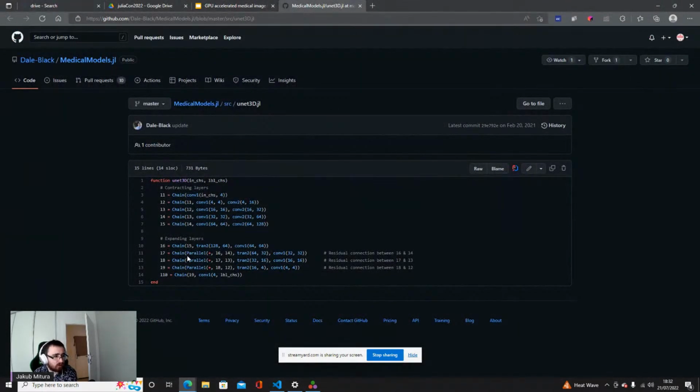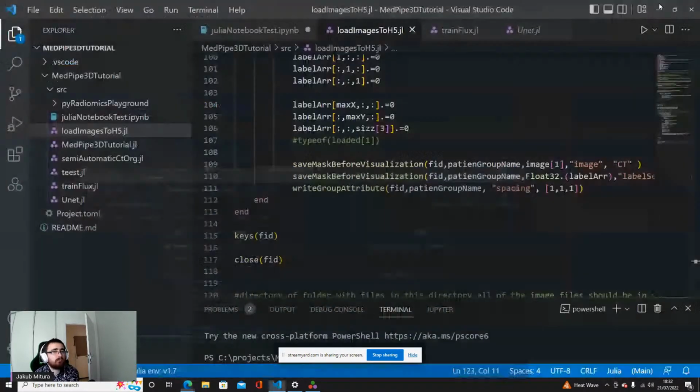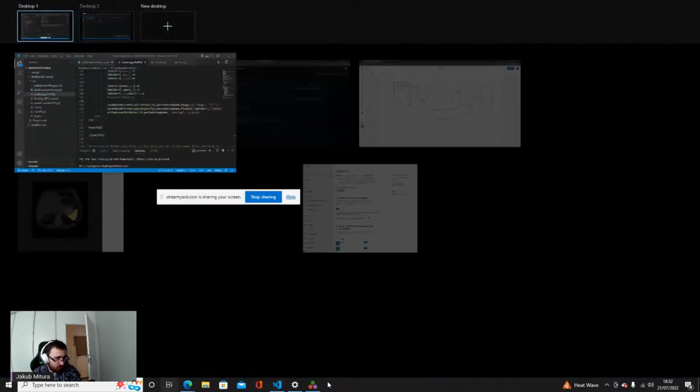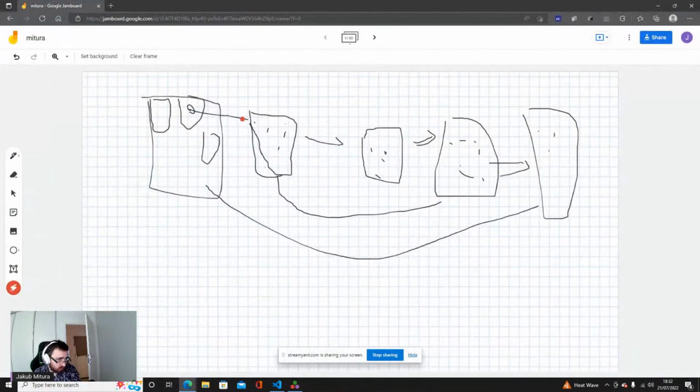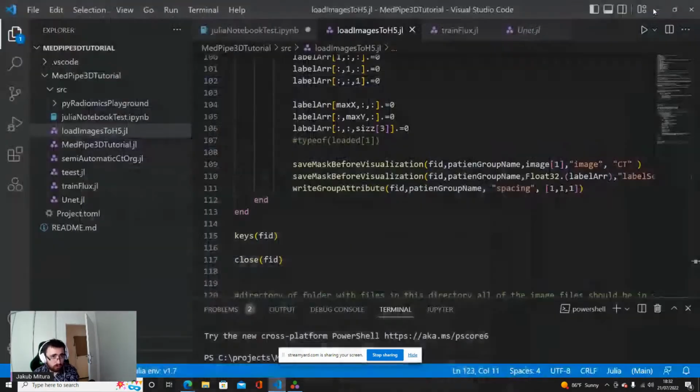And you can see these skip connections here, residual connections between 16 and 14, for example. And one more thing, this is also because of these poolings. This is also why I created this to be divisible by 64, because in my case I created 4 layers, 4 poolings, and in order for it to play well, it needs to be divisible by 2 by 2 by 2 by 2. So in the case of 64, it worked better.